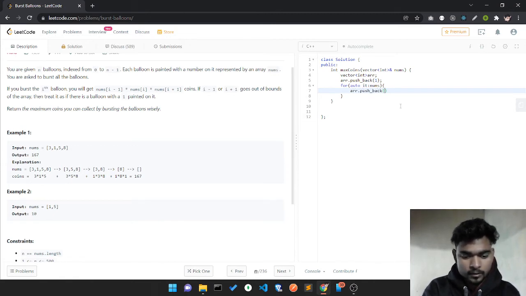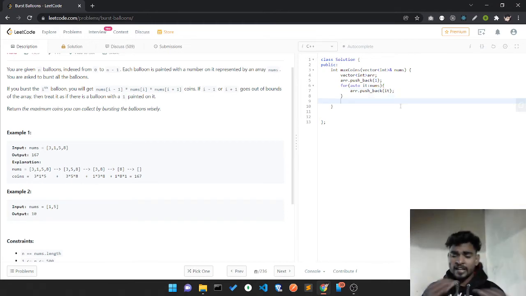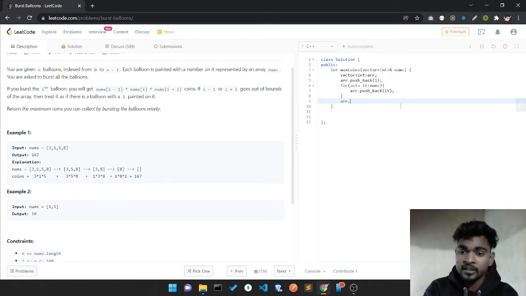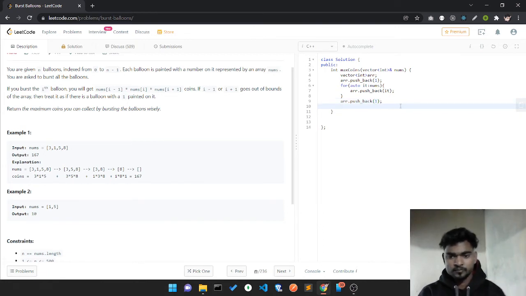After adding all the elements of nums, I'll add one more value, which is also 1, for handling the out of bound cases. So push back 1.